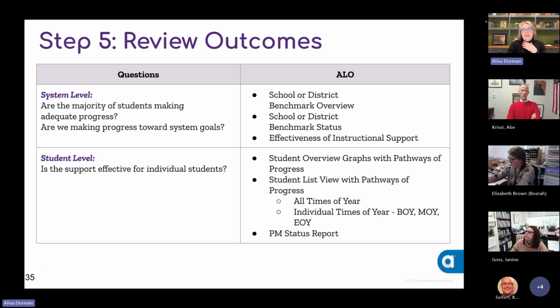We also have, again, some other features inside the data management system that you can look at. I didn't highlight some of the other ones, but there is always a way to look at progress monitoring data, as well as benchmark data, as well as individual results, as well as the results of this individual student in a small group, if you use the grouping feature, up to the larger class size group, up to the larger grade level group when necessary.